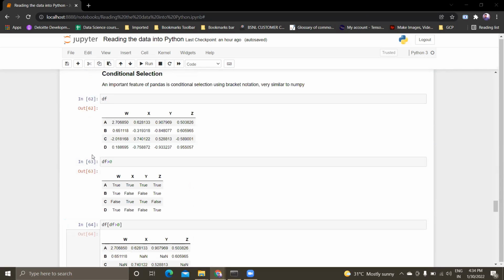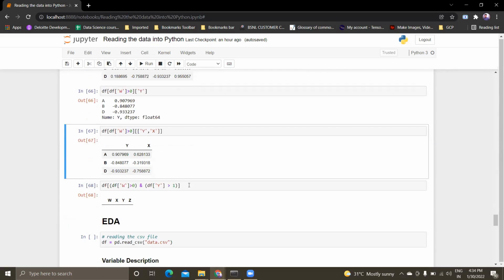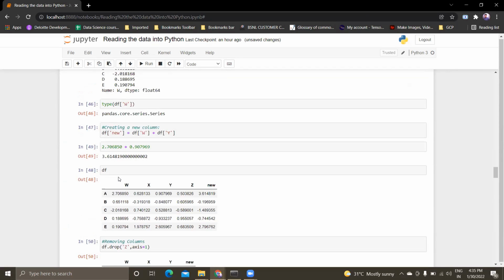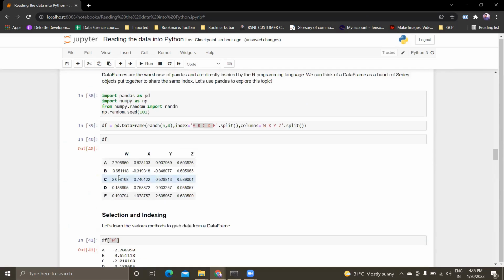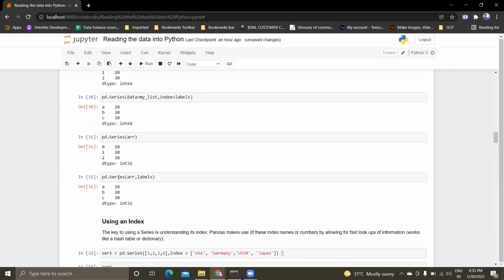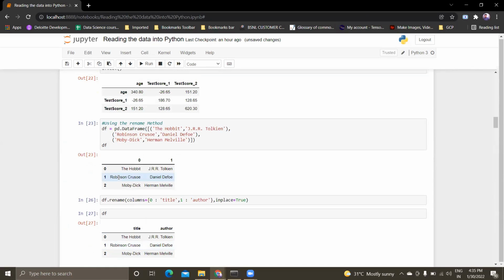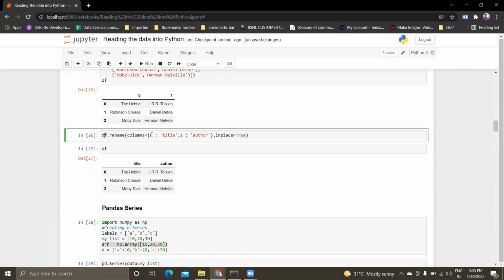Just name it, for example, okay, Vignesh, can you just go to the drop section where you drop the data? Where you have put inplace equals true. Yeah, that's it. You can rename.